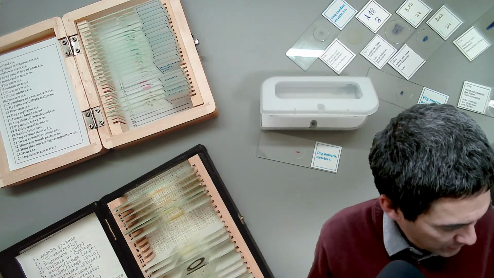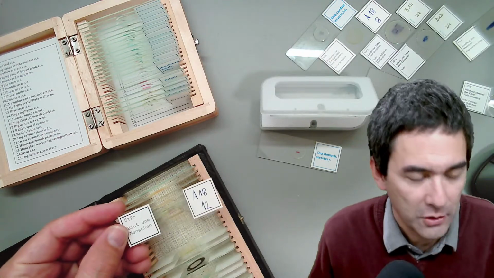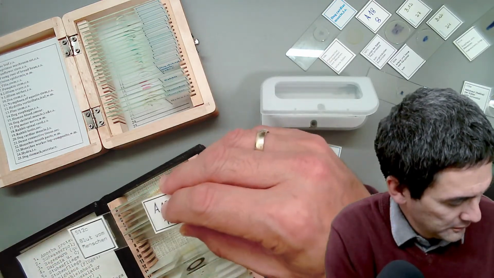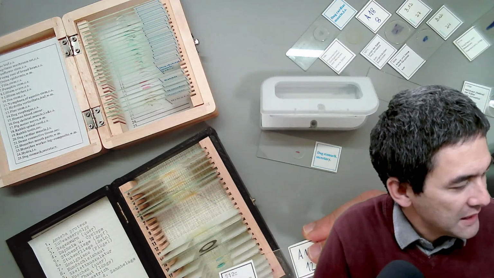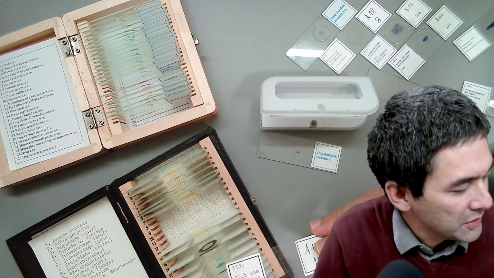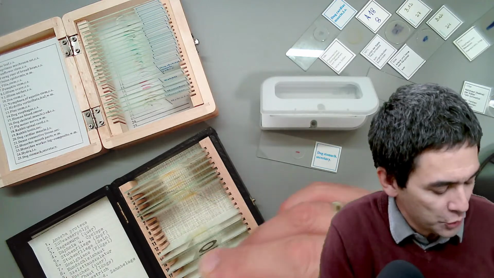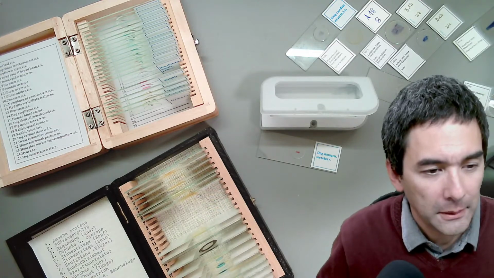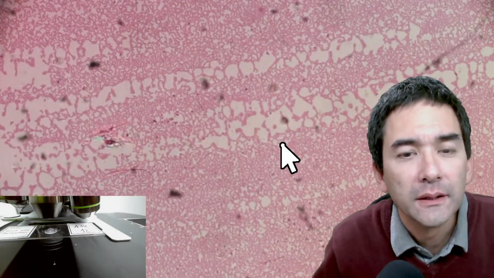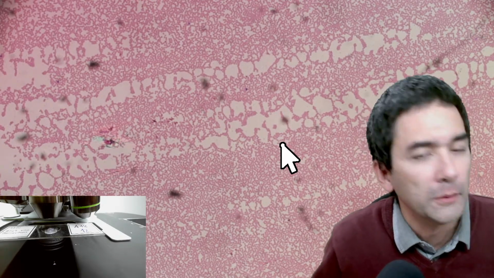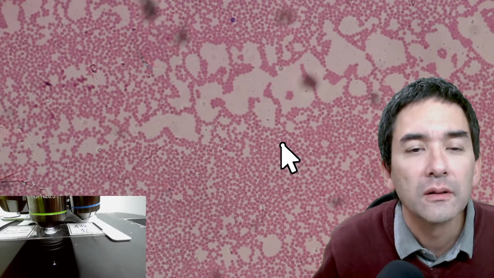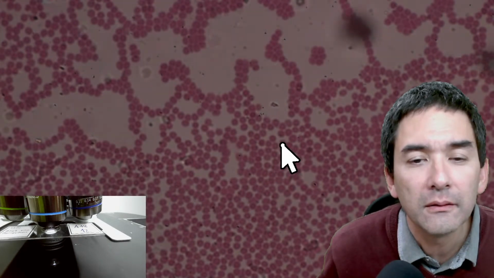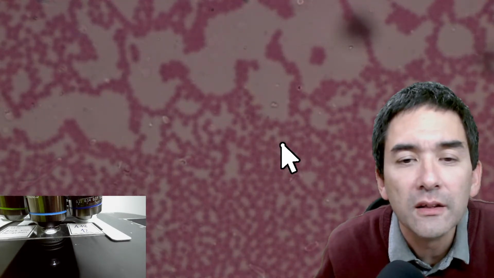So Blutausstrich number 12, that's human blood. Okay, maybe that's also something. But if you want to look at human blood, I made some videos where it looks much nicer. This is basically human blood, and when you go in with the magnification, you're able to see the red blood cells. But I have to honestly admit that looking at fresh blood is so much more interesting,